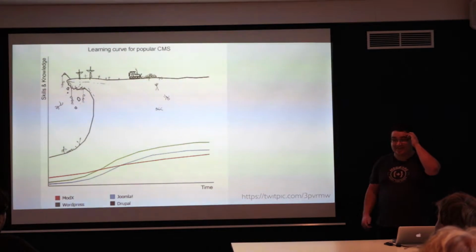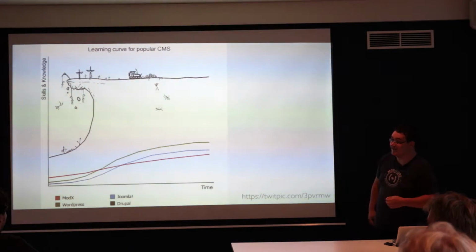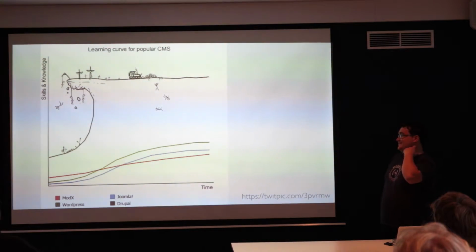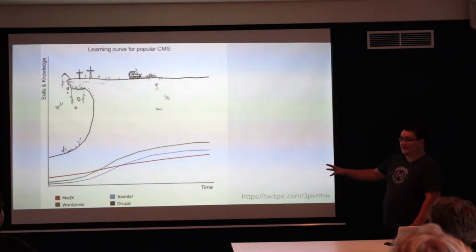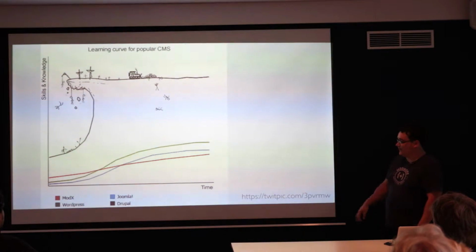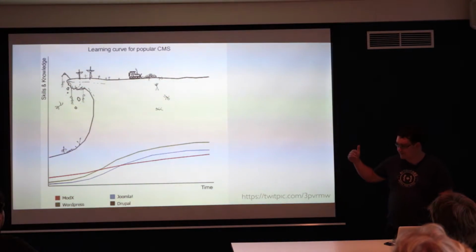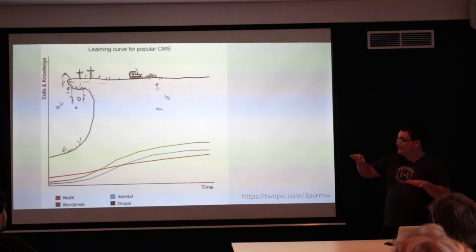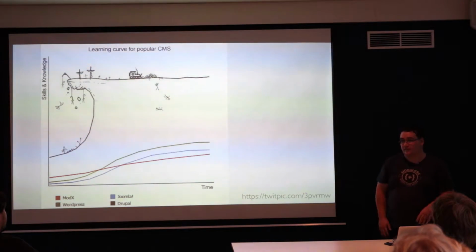Does anybody know this graph? Sorry? It's normally with evil line. Evil line? Okay, no. It's quite old as well. It's like 5 years old, but I mean, I've worked a little bit for Drupal, just a little bit, so I can't comment too much on that. But in terms of MODX, it's quite accurate. It starts off a bit higher than WordPress or Joomla in this case, but it stays sort of, how do you call it again? Like straight line. It stays pretty